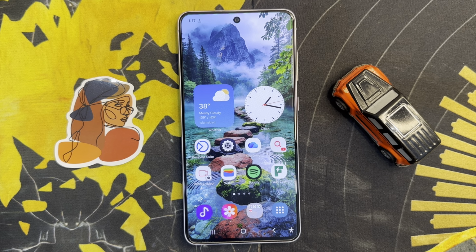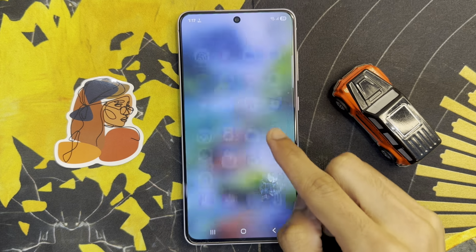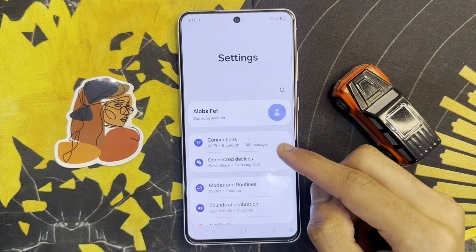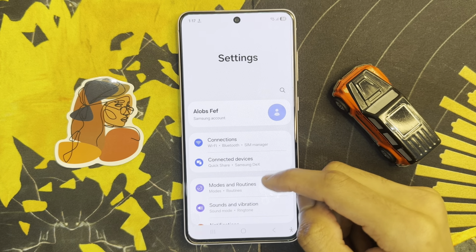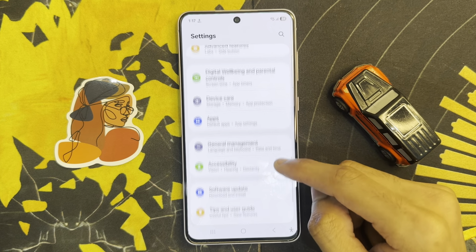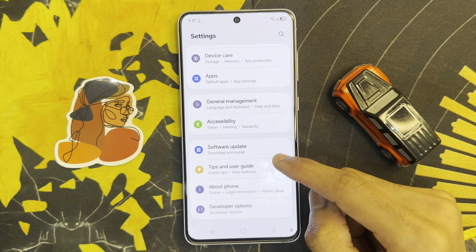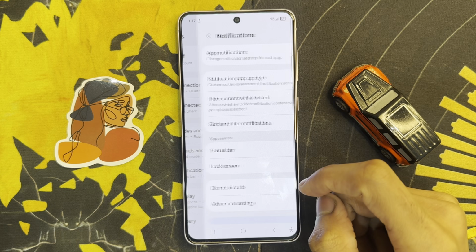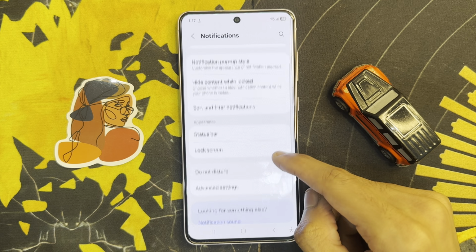If you want to fix this problem, go to app library, scroll down and click on settings app. Now in settings, scroll down and click on notification. After clicking on notifications,